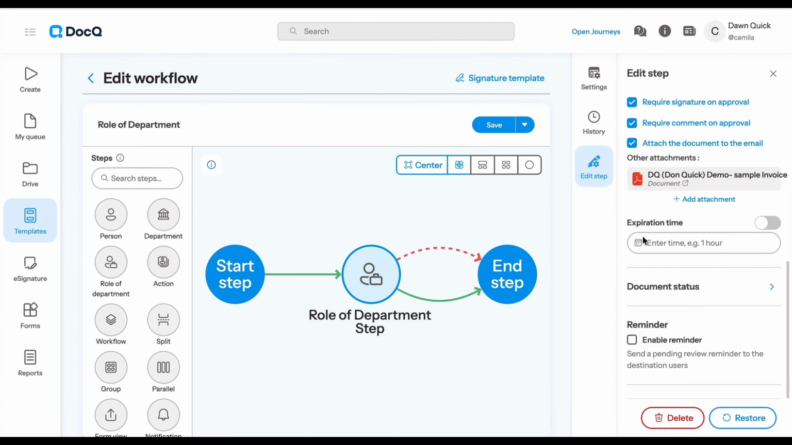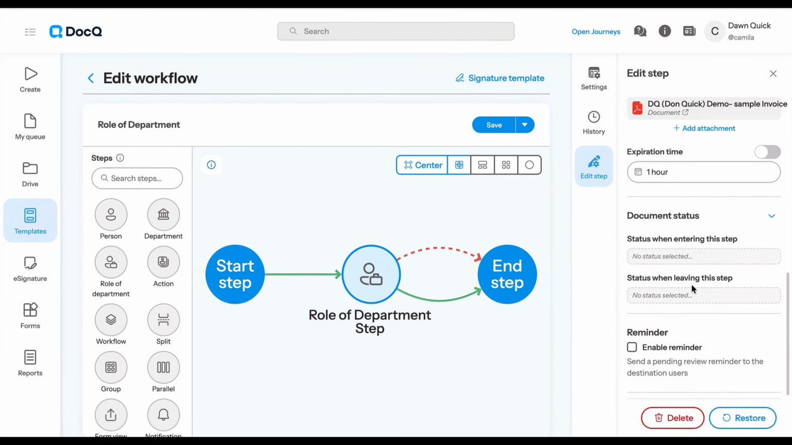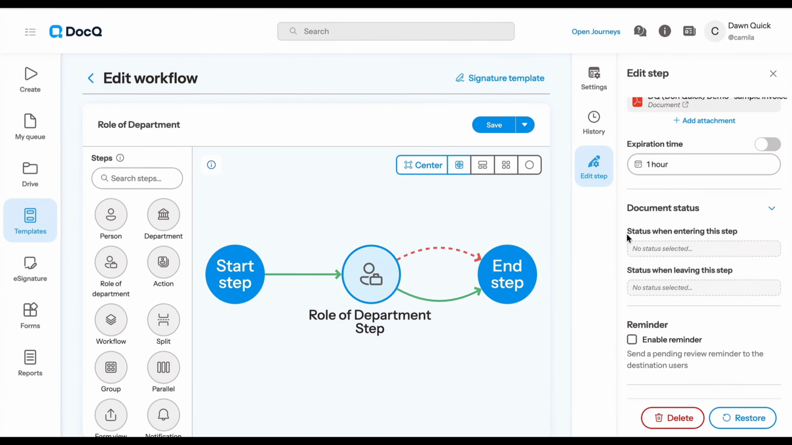The Role of Department step supports an expiration time setting. When enabled, this defines how long the eligible members have to act before the step times out. The value is entered in hours and can be a fixed number or a Jinja expression calculated dynamically from form data. The Document Status section allows you to assign a label to the document at two key moments: when it